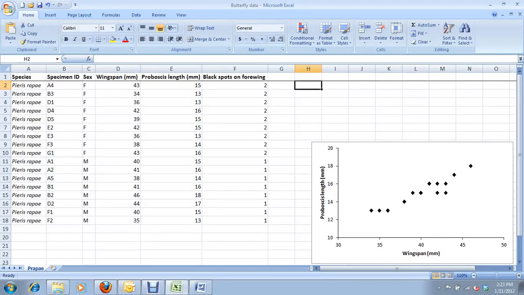Hello biology students, welcome to the tutorial on how to do a correlation in Microsoft Excel versions 2007 or 2010. Before you do this tutorial, you should first do the tutorial on how to make a scatter plot. The scatter plot we made using these data